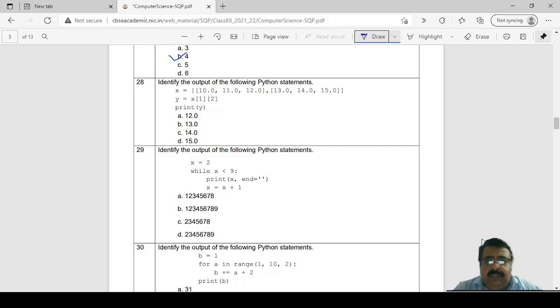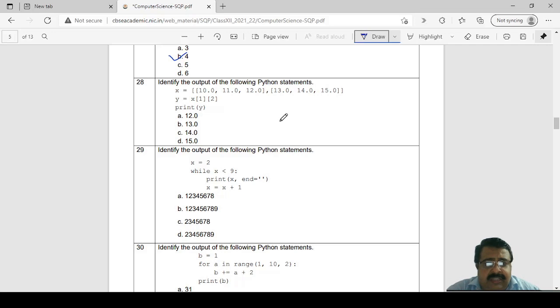Question number 28. Identify the output of the following Python statements. Now here X is a nested list and Y is an element of that nested list. Now we have to identify which element it is.